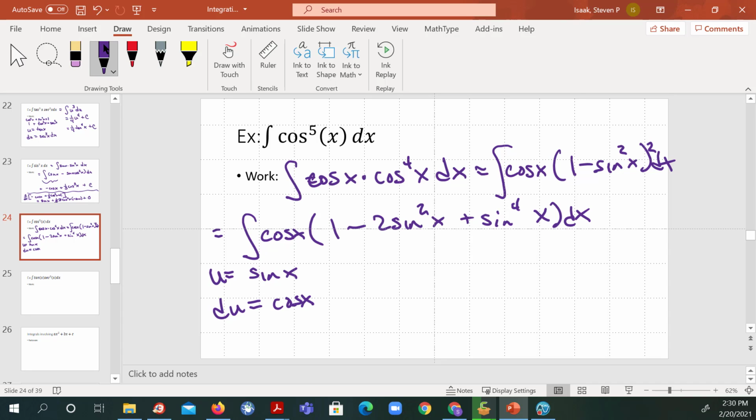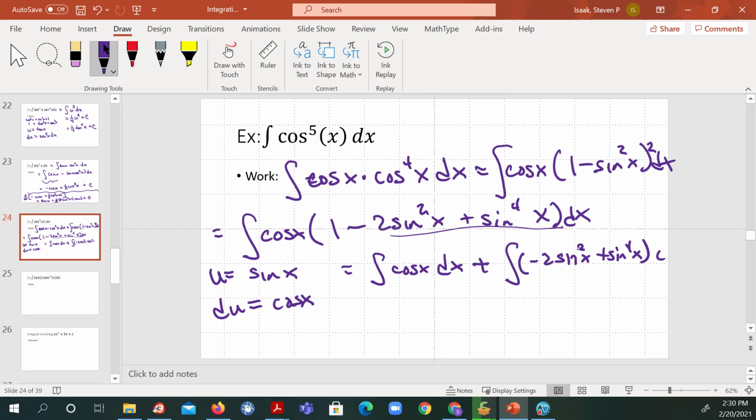So we've got to be careful here, because that's going to work for these two integrals. So I'm going to rewrite this as cosine x dx plus, and this one I'm going to write as minus 2 sine squared x plus sine 4th x